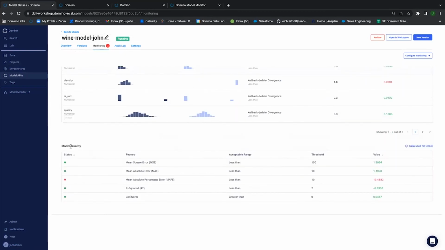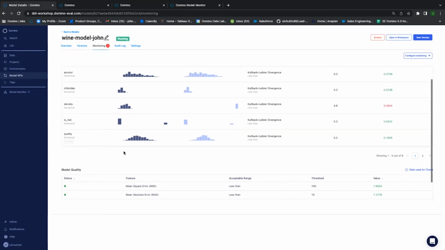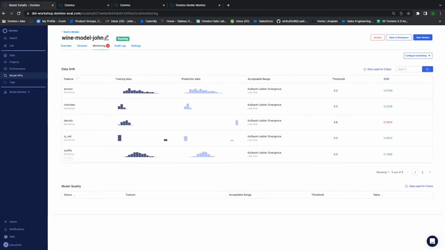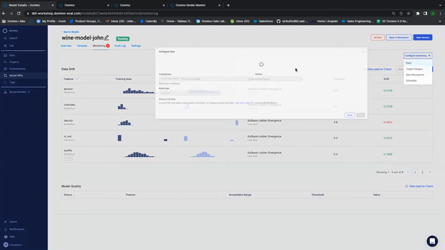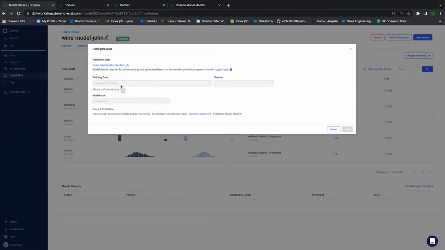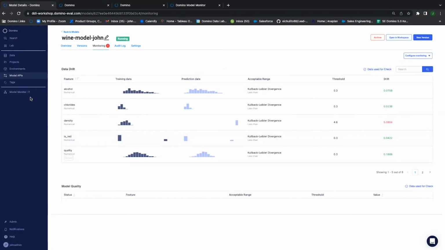And then for model quality, it's also using the prediction data. And then it's also using ground truth, but that will come from an external data source that you would provide to Domino, so it can keep track of the prediction data and the ground truth to come back and let you know what your metric score results look like specifically. So to configure this in Domino, I just click on configure monitoring, and then I tell Domino where the trained data set exists for my specific model and what type of model type it is. When I click save, on the right side, you can see Domino's going to show you model monitoring.